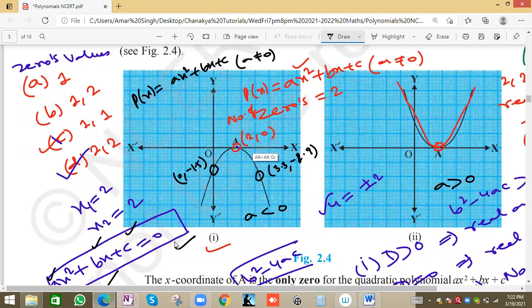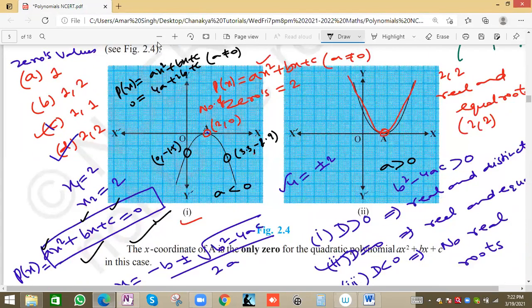Suppose the point is 2 comma 0. For 2 comma 0, px will be 0. Px means the y coordinate, and x will be the x value. So 0 equals, putting x as 2, 2 square is 4a plus 2b plus c. Basically we can solve by these 3 equations we'll get, and we can eliminate and find the values of a, b, c. Then finally we'll put a, b, c in our previous case to get the final equation, without a, b, c, a proper equation.